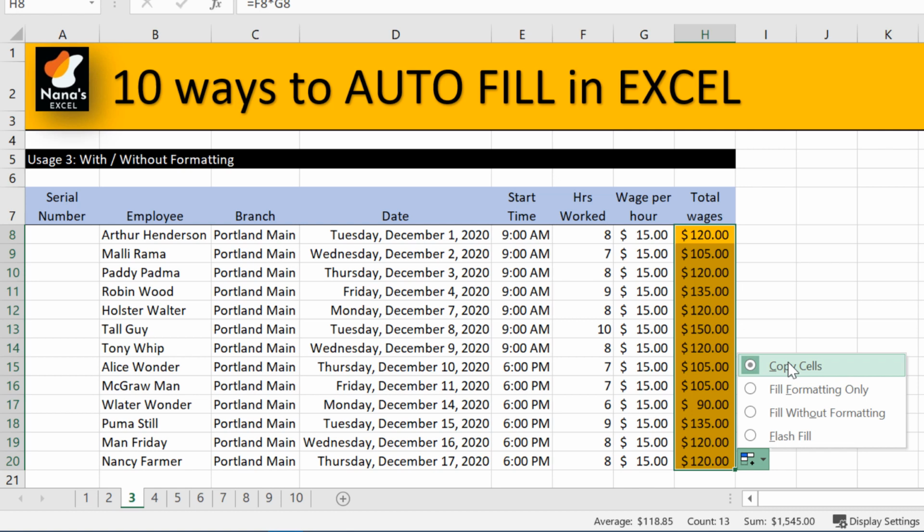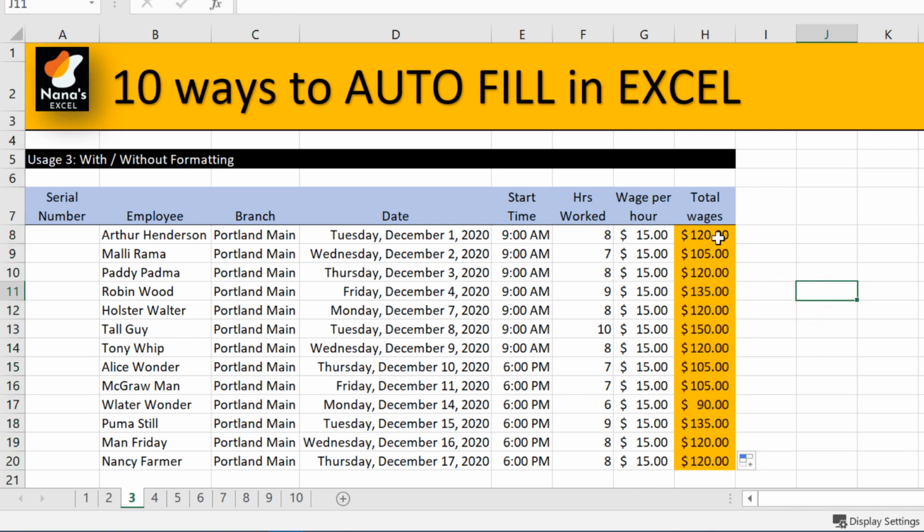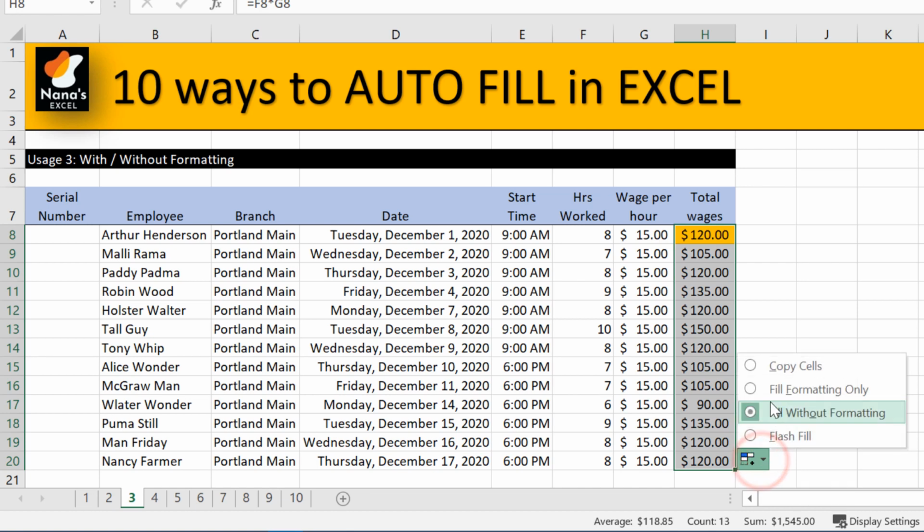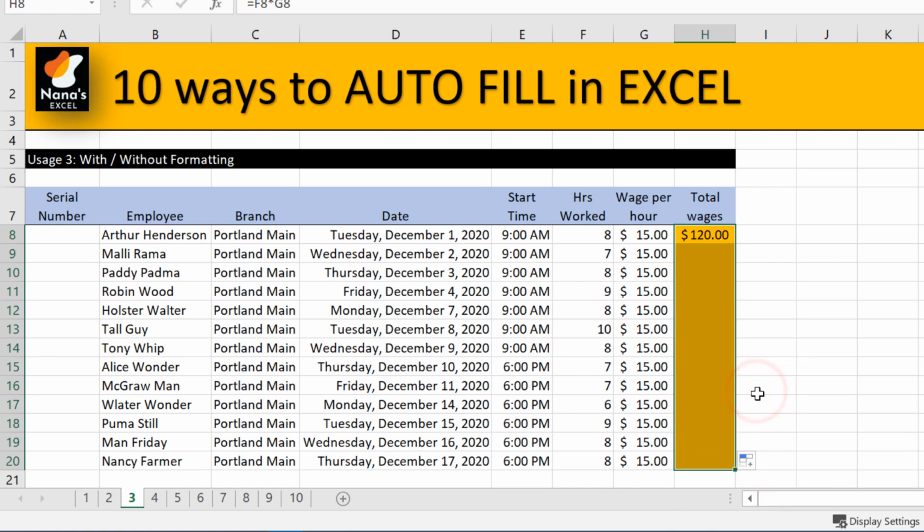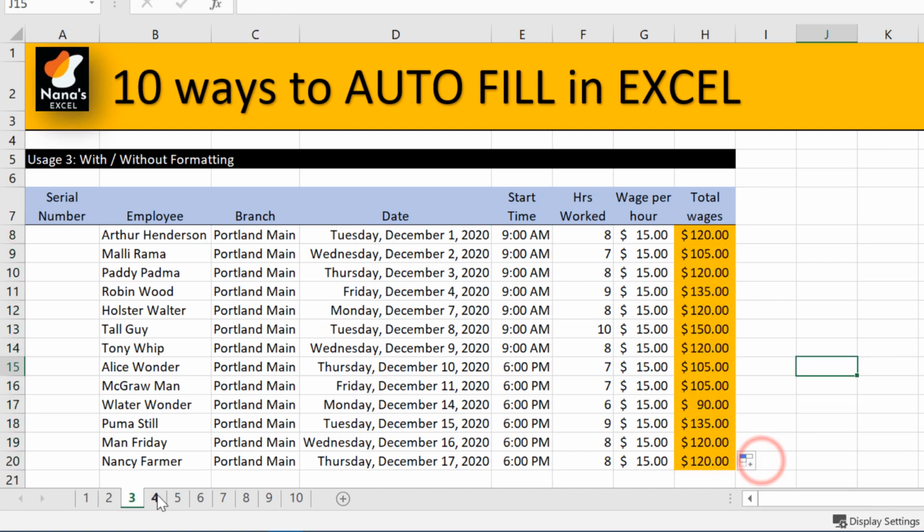But if you just leave it, it copies cells together with the formatting. Let us see how this varies. I can also fill without formatting. Now if you see, this has autofilled the cells with the formula but without the formatting. You can also fill only the formatting, so you don't get any values or formulas copied here. Let's move on to the next usage.